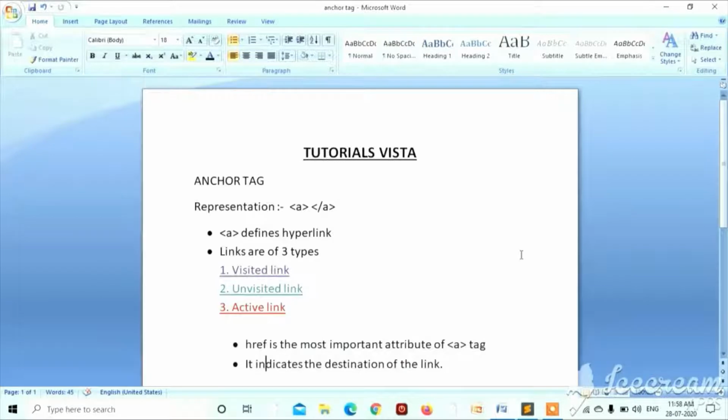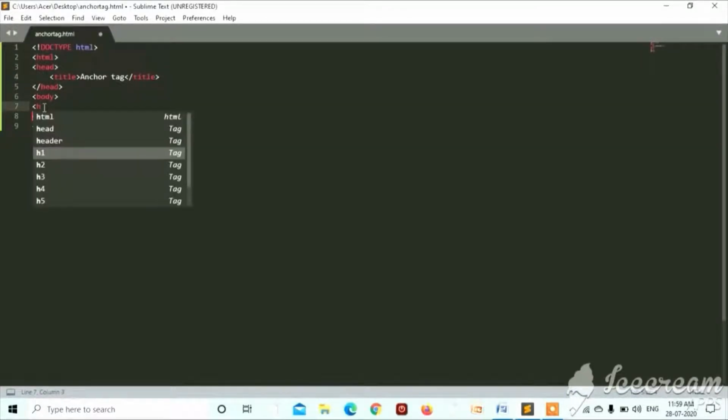Let us see an example of how anchor tag works. So here, for your convenience, I have already saved this file. Please remember to save the file with .html extension. So let's start over here. First we'll write the HTML. The title I'm giving over here is anchor tag. So in the body I'm going to write a heading. Let's give the heading as h2 and